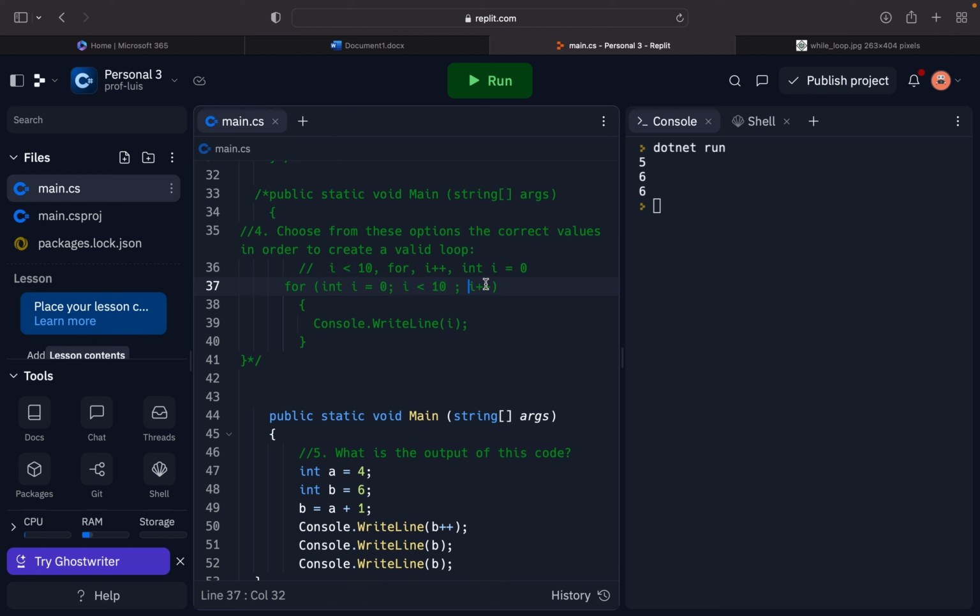And then it comes here to increase the value of i. However, i doesn't get increased right away. Oddly enough, i has a value of 0 throughout the for loop because it's interacting with the for loop in such a way that